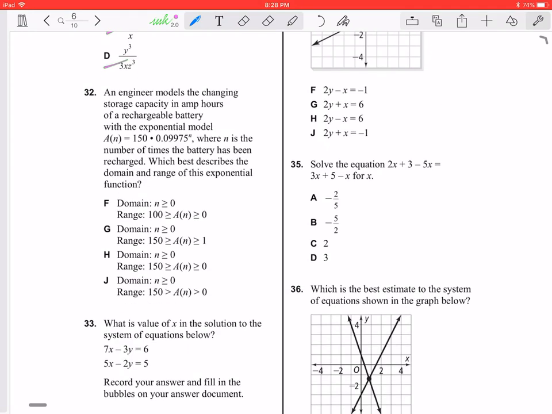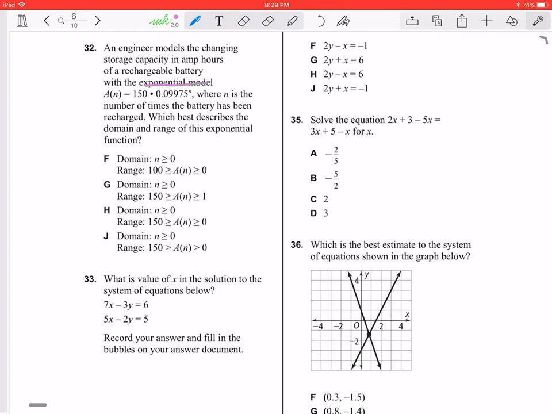Number 32, an engineer models the changing storage capacity in amp hours of a rechargeable battery with the exponential model, a of n equals 150 times 0.99975 to the n power, where n is the number of times the battery has been recharged. What best describes the domain and range of this exponential function? Well,